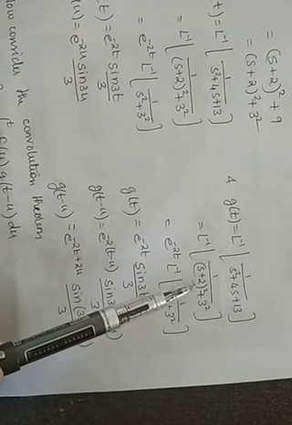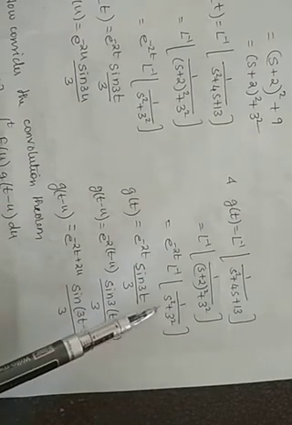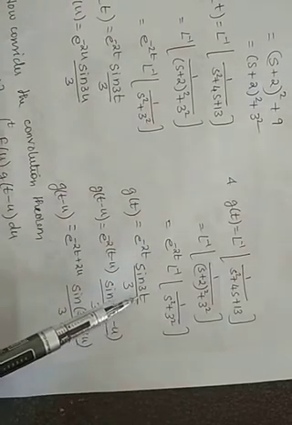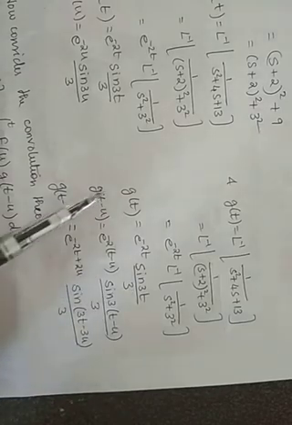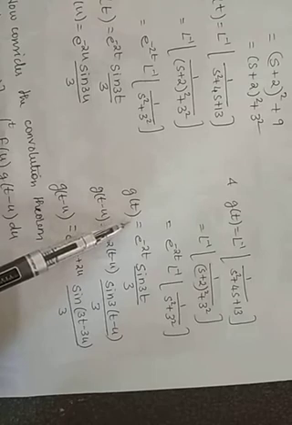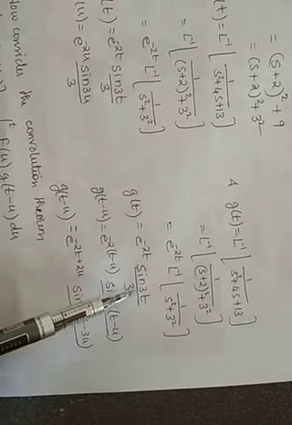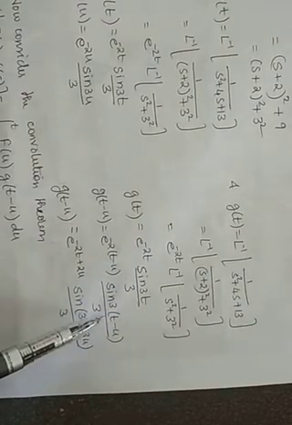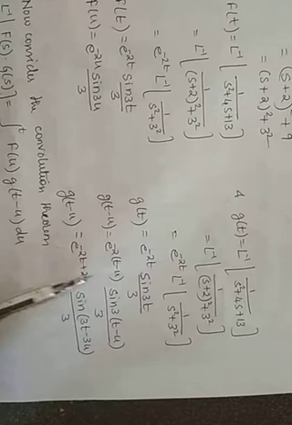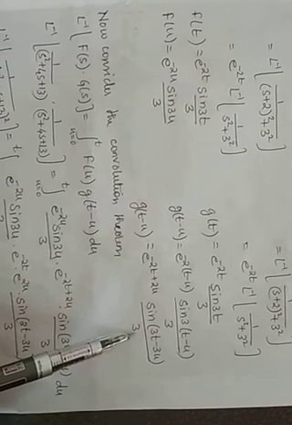So the signal has got shifted with s plus 2. So write it as e raised to minus 2t, L inverse of 1 upon s square plus 3 square. That is e raised to minus 2t, it is again sin 3t upon 3. I want g of t minus u. You have got g of t, so just replace t by t minus u. So e raised to minus 2 into (t minus u), sin of 3 into (t minus u) upon 3. Multiply this 2 inside. So e raised to minus 2t, minus of minus it is plus 2u, into sin of (3t minus 3u) upon 3.